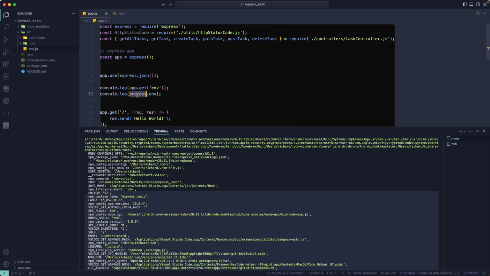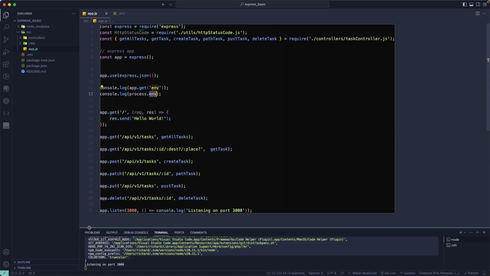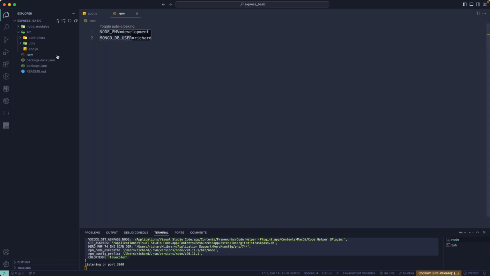So we need to update this process.env for Node, and we can plug in our custom environment variables. For that, we first need to create our .env file. I have already created one .env file outside of this source folder. So make sure you create the new file outside of this particular source folder, and that is the